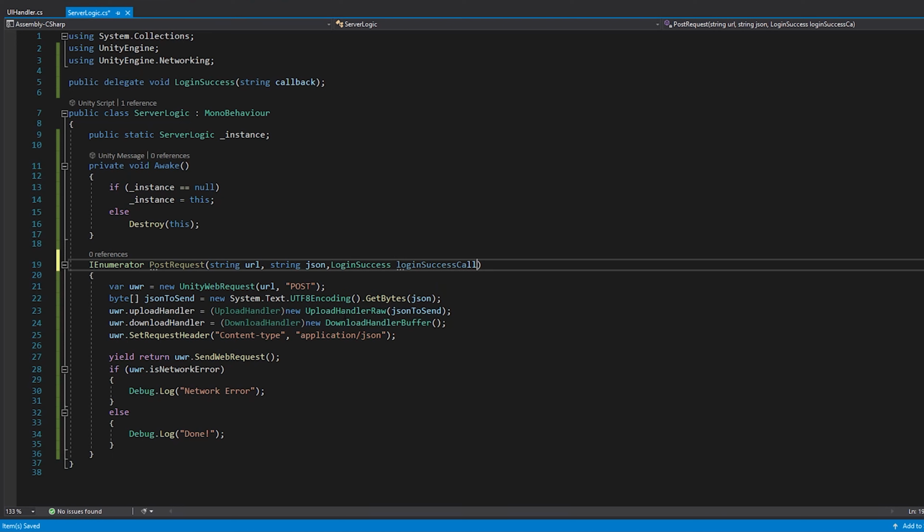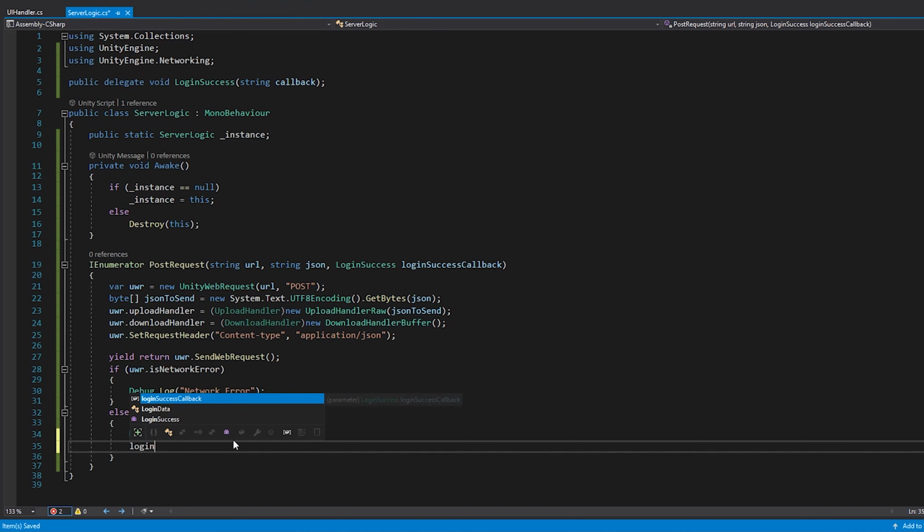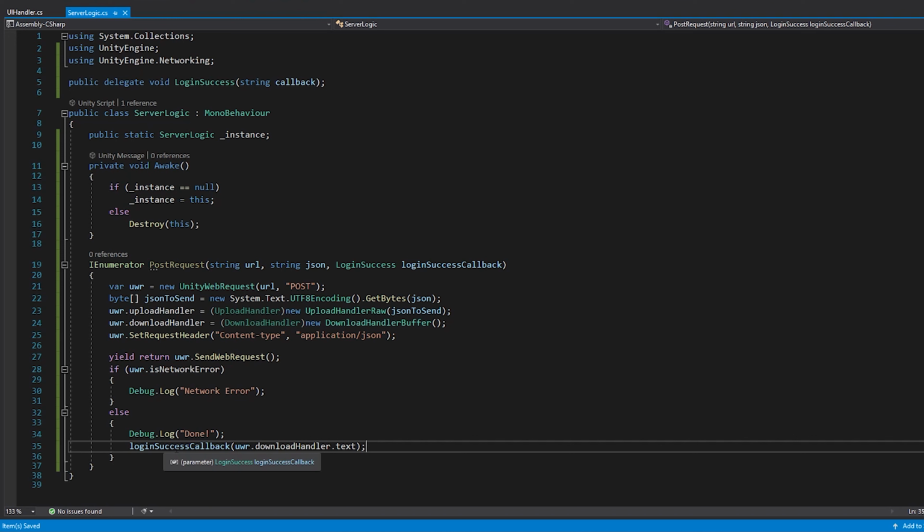So now whenever we want to send a callback, we will call this loginSuccessCallback and pass a string value there. We will do this on line 35 inside the else part where the connection is getting done. We type loginSuccessCallback and pass uwr.downloadHandler.text inside it. So now wherever we call this post request, we will receive a callback there itself.